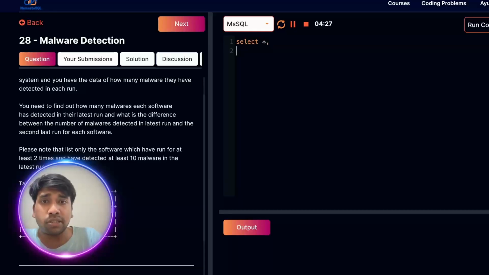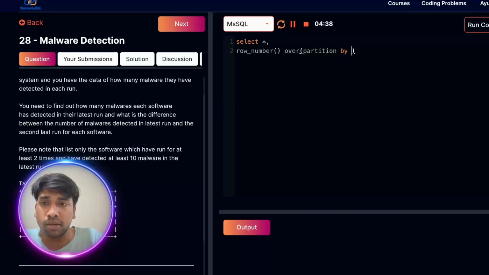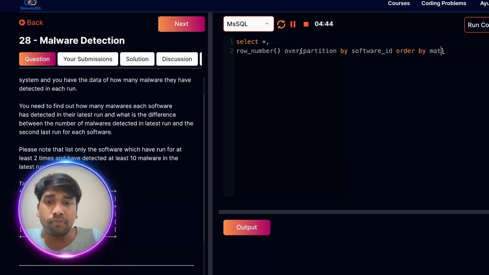So I will do select star and then row number as per our first step. Row number over partition by software ID, order by match, I mean run date. Why am I writing match date so much today? I guess I must have solved a lot of cricket questions. Order by run date descending as RN,